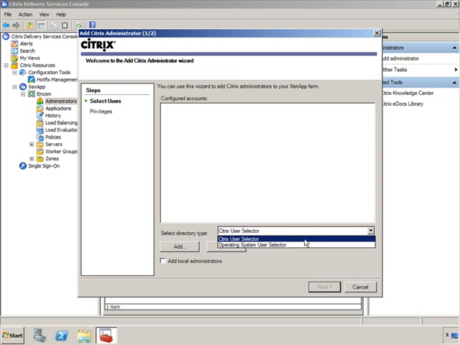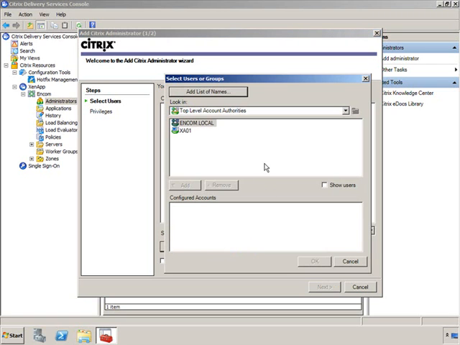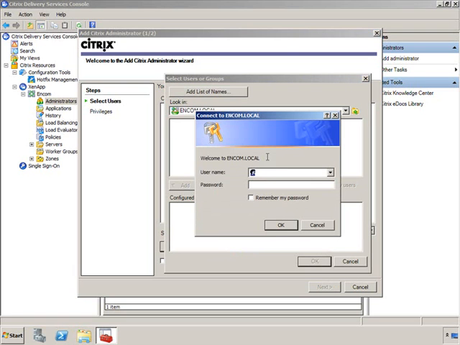For my purposes, I'm going to select Citrix User Selector, which allows me to connect to the domain, and we're going to click on Add. Of course, there's a checkbox here to add the local administrators. You can feel free to do that if you wanted to. This is local administrators to the box, of course. Now, if I click on Add here and go into Encom, it'll ask me to authenticate against the domain. Once you have authenticated,